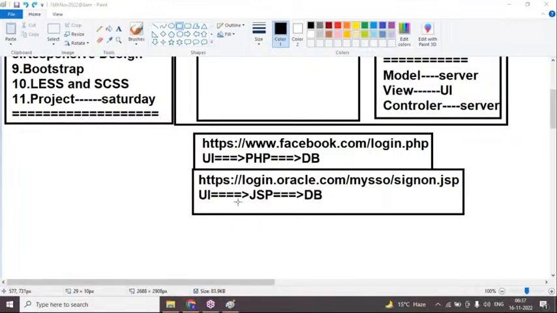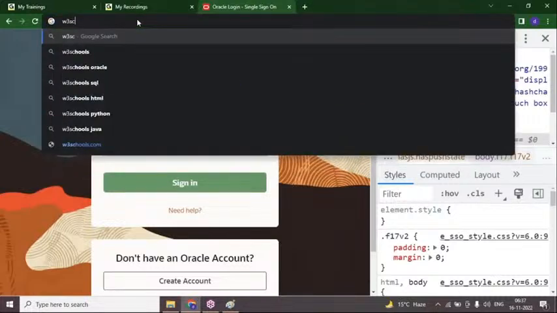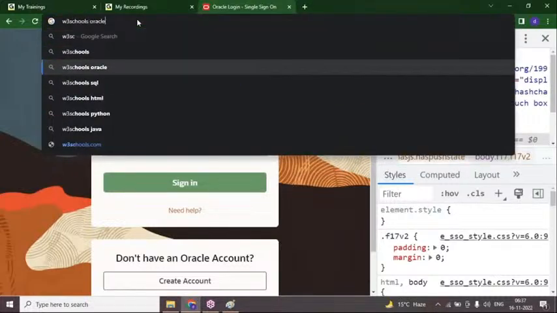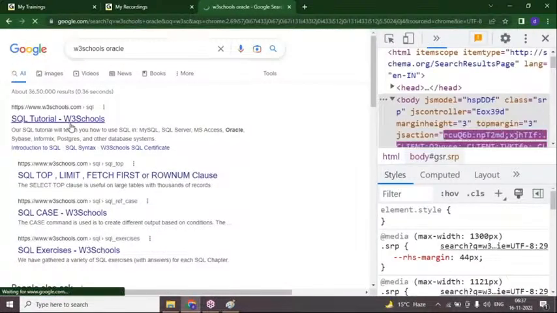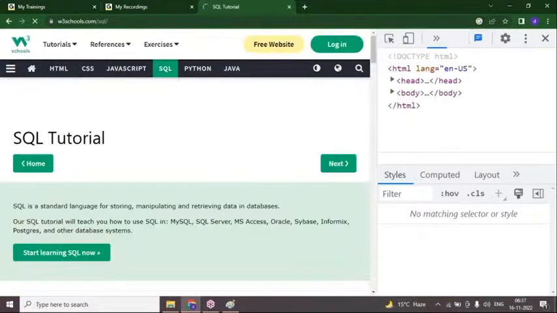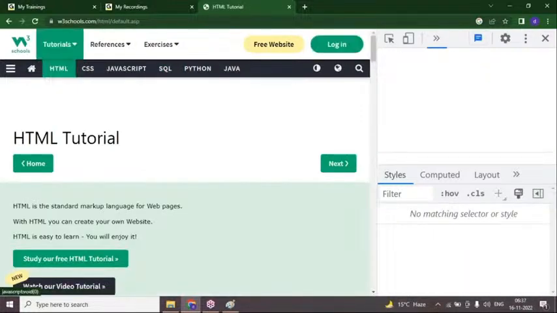See one more example here. Two different web pages: one is a PHP page, one is a Java page. In a similar way, if you check W3Schools, Oracle, see here ASP. If you check the output here, ASP